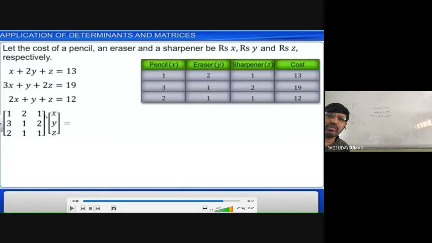When you take it like this, see here, I'm showing you the arrow mark. When you multiply the two matrices, this row should be multiplied with this column. With the arrow mark you see here, this row should be multiplied with this column. So what you get here is 1 into x, 2 into y, 1 into z. When you multiply this matrix, which order matrix are you going to get? A 3 by 1 matrix you will get. Yes, the 3 by 1 matrix.